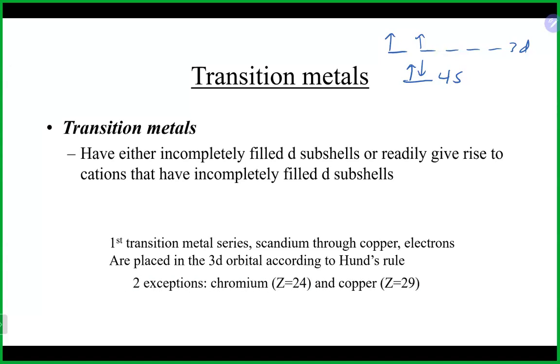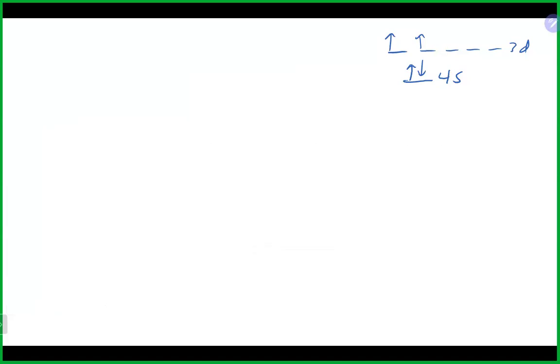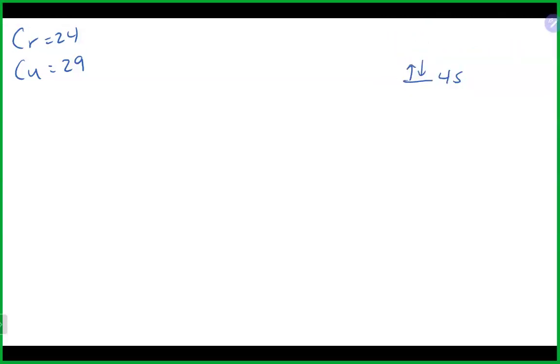Now, there are two exceptions to the normal electron configuration for transition metals, and I'm going to write them towards the top so it'll be easier to see. Those two exceptions are chromium, which is 24, and copper, which is 29. If you follow our little chart that we've been using and write the electron configuration for these two, you will end up with a configuration that looks something like this: